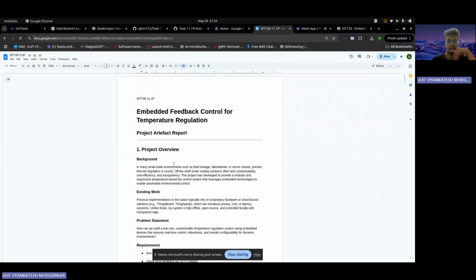So, an overview: in many small-scale environments like food storage labs, bakeries, server closets, etc., precise thermal regulation is crucial. Off-the-shelf smart cooling solutions lack customizability, cost efficiency, and transparency. This project was developed to solve all those problems, and it leverages a custom PID library to fix